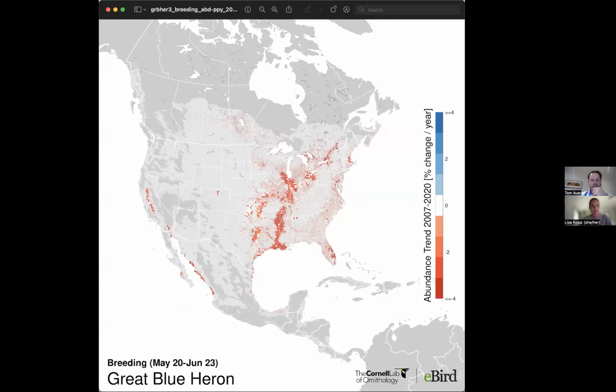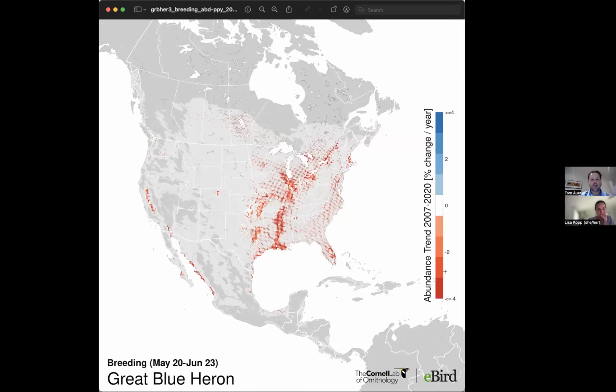Right. Yeah. So maybe I'll pull up the great blue heron map, just since I brought it up. It's kind of a bummer, but yes. What I will say, great blue heron is not doing well. We're seeing a dramatic decline across the entire range. So I don't see any blue on this map. There might be some in the Intermountain West, which is an area we are seeing increases in, I think likely due to changes in moisture patterns throughout the West.